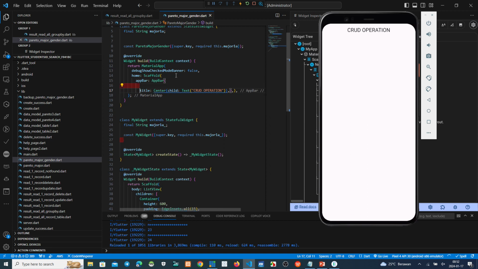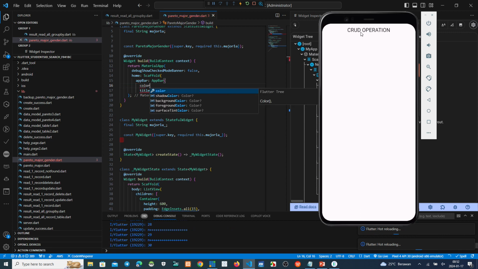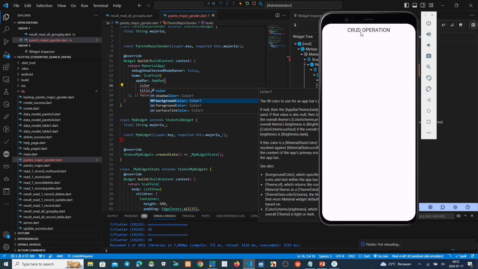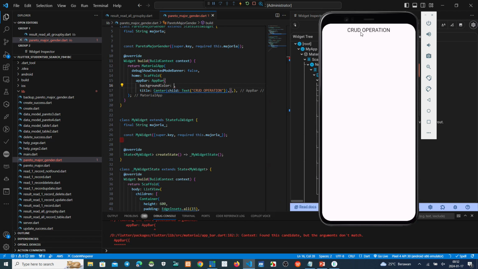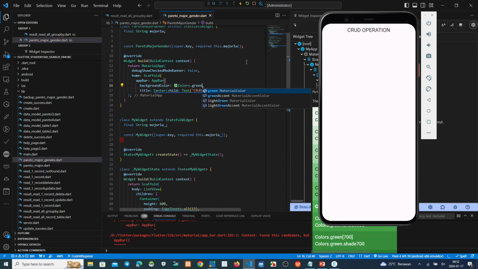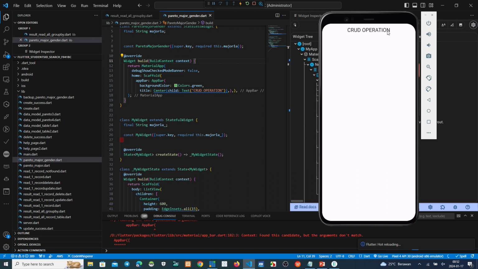This one, we make this color background color, make these colors, for example green. Okay, we make this background color.